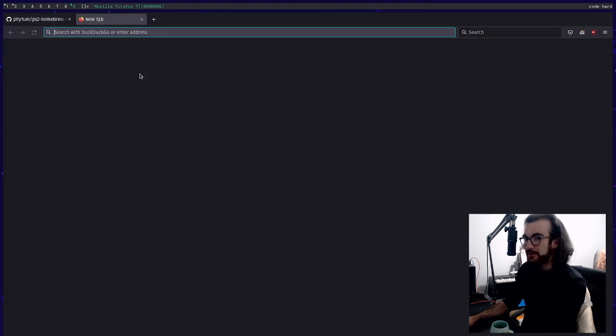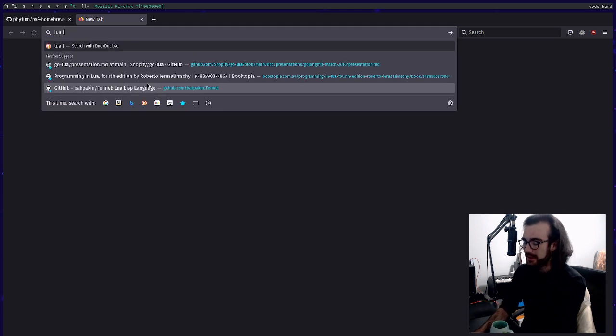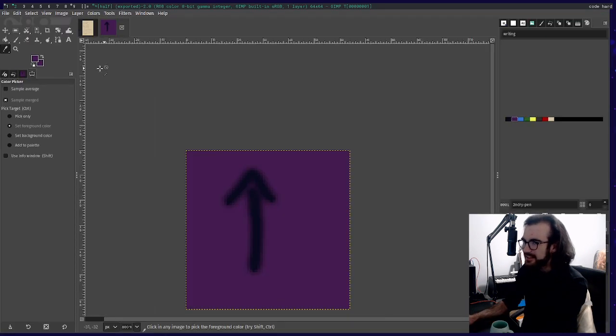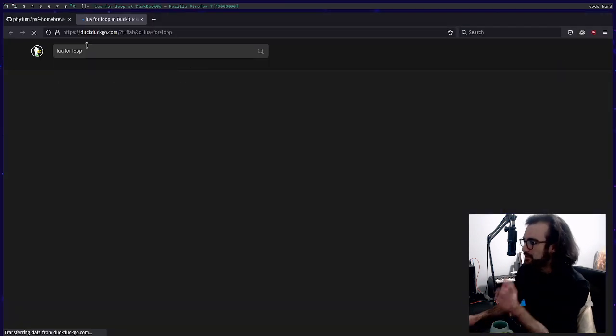Every single time I write a for loop in Lua, I have to look it up. Hold on, wait, no. I think I've got it. Is it i equals 0 and then the number and then the thing, right? So if we go like 5 plus 1 do, is that it? I think that's it. We'll still Google it.